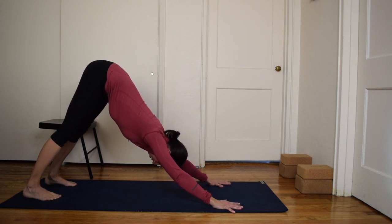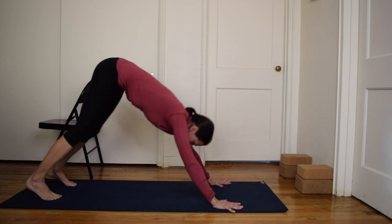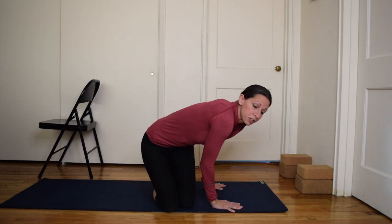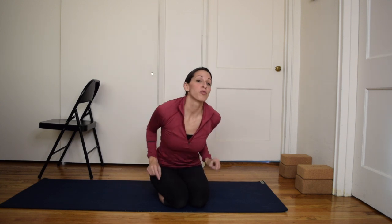There we go. So notice in the arms what's going on. If we go back to that original position here, and you might have seen when I first got into the pose, I adjusted myself a little bit. When you get into the pose, notice, are you more here, elbows out, shoulders internally rotated, or are you more here? Okay, so what we want, and if you've watched some of my other yoga videos, you might have heard me talk about being